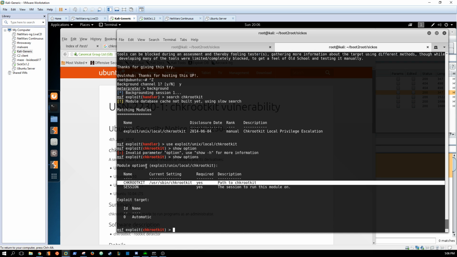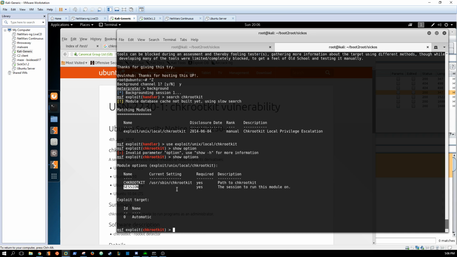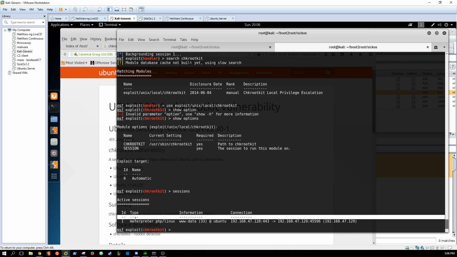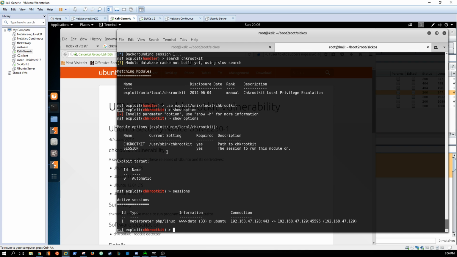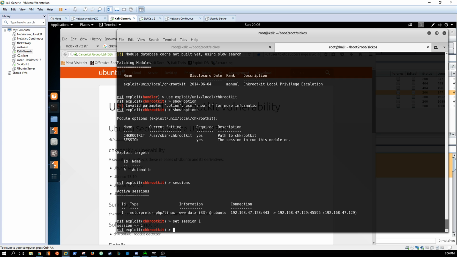So we could actually set up this chkrootkit exploit to run against session 1, which is our meterpreter on that Ubuntu system, and actually exploit it. So we'll set session to 1, and we'll show options,